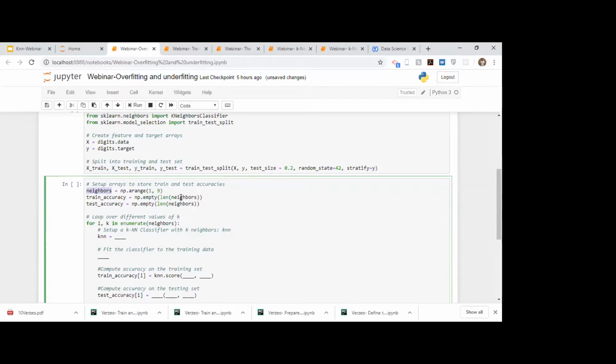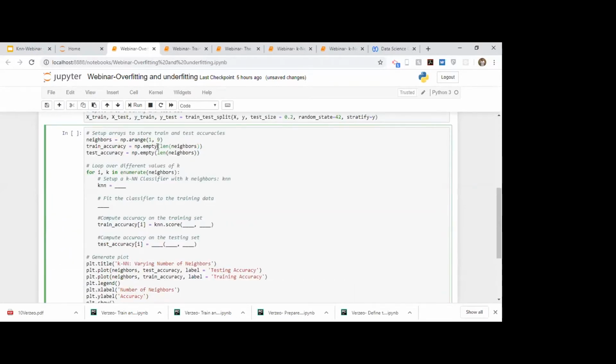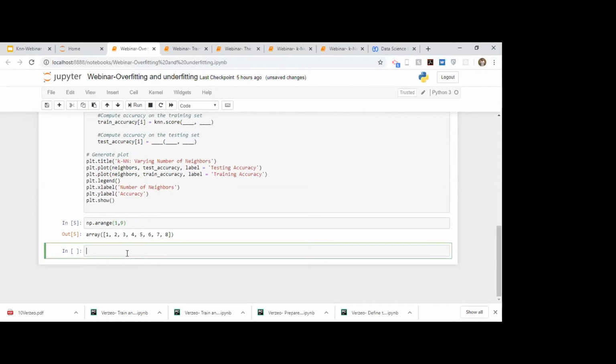Next, what we do is we compute here the len of this variable. The len of this variable would be 1, 2, 3, 4, 5, 6, 7, 8, right? So it would be 8. So then what np.empty does is it creates an array of 8 elements. I will show it to you how. np.empty, let's pass in 8.